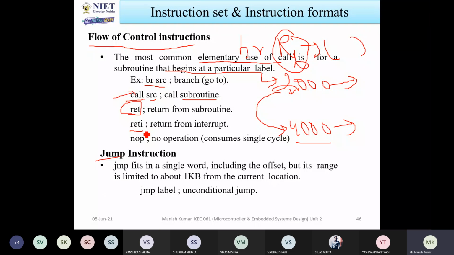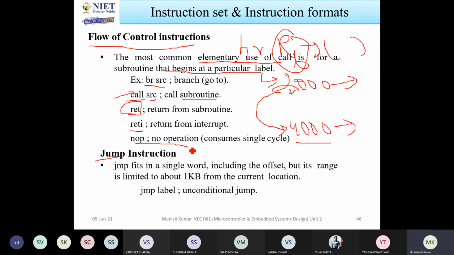ठीक है. The next is called NOP. It means no operation. So if you write this instruction, the microcontroller will not do any job. Then the question is why it is used. Okay, so this instruction is used generally for generating delays. Like let us consider you have a system and you have a sensor. Sensor is interfaced with the system.